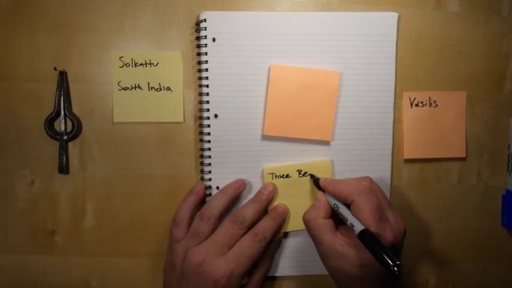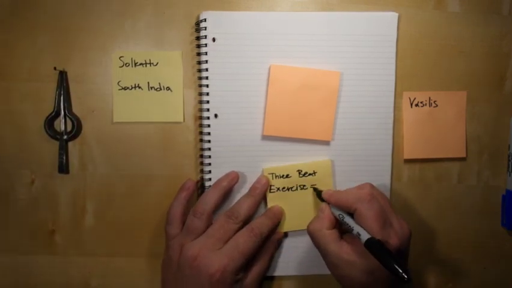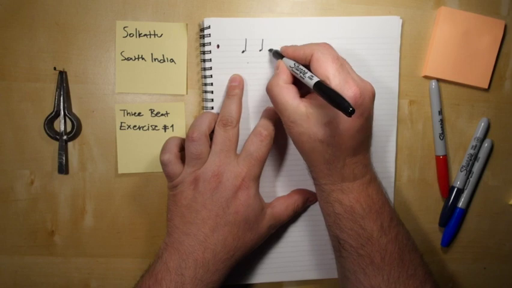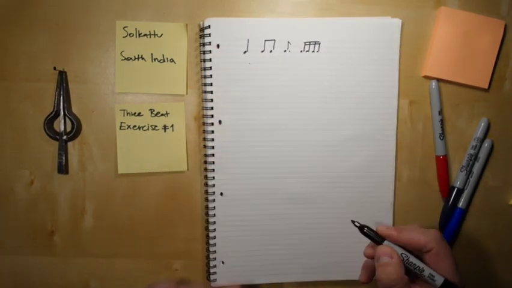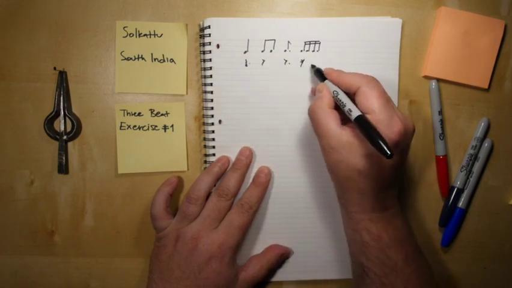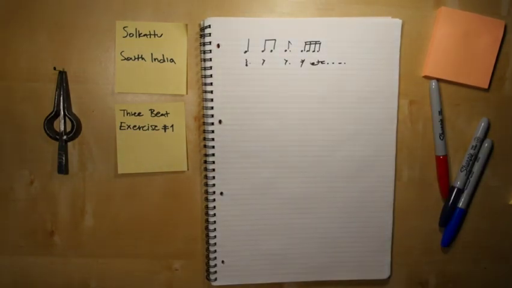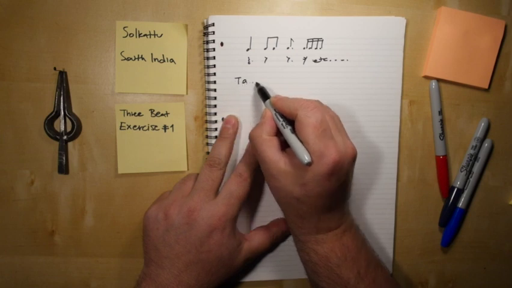This is 3-beat exercise number 1. It is a composition that will strengthen your understanding of the duration of quarter notes, eighth notes, dotted eighth notes, 16th notes and their respective offbeats, and more importantly the rests. Don't worry if you don't know what this means, you can learn this exercise and benefit just the same using